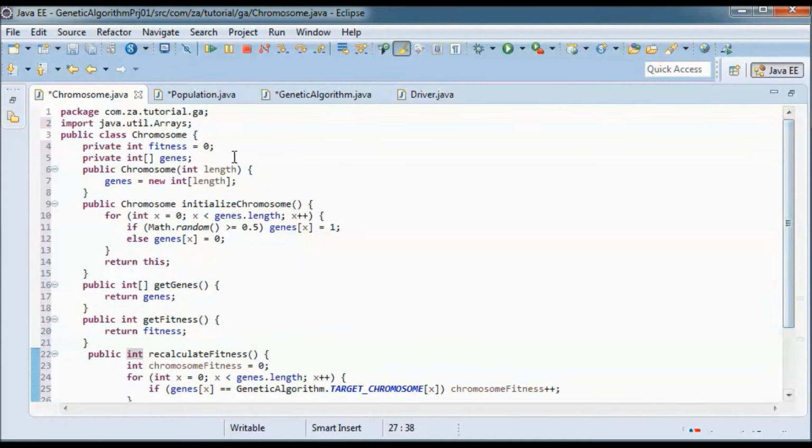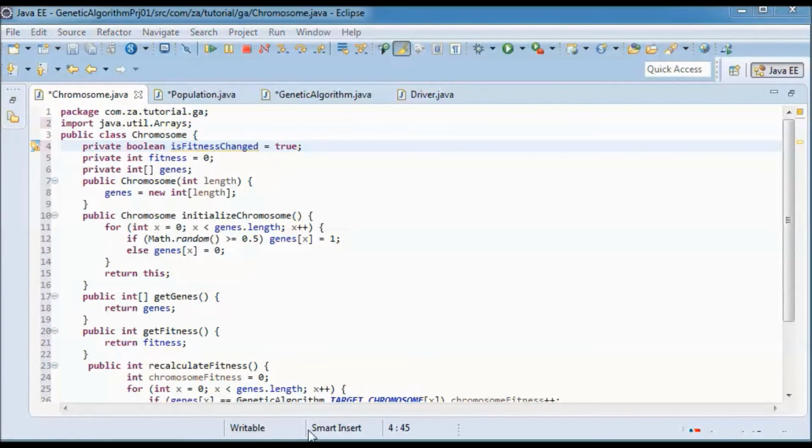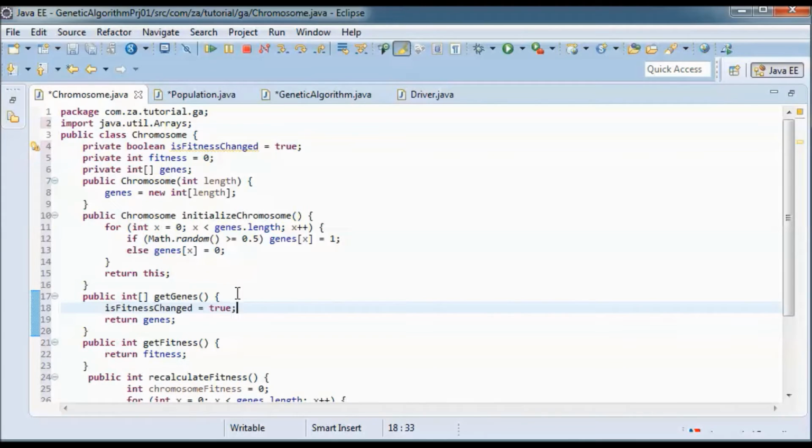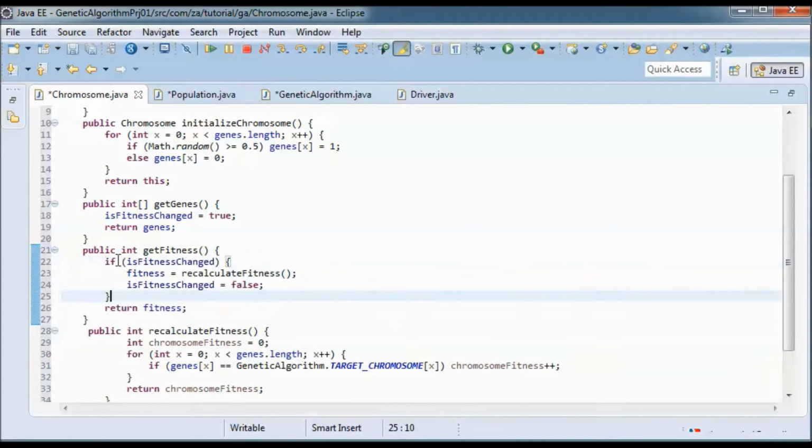And let me here define this is fitness changed, and I'll set it to true initially, and here in get genes I'll set it to true, and in get fitness I'll check if is fitness changed, then recalculate the fitness and set that is fitness changed flag to false.